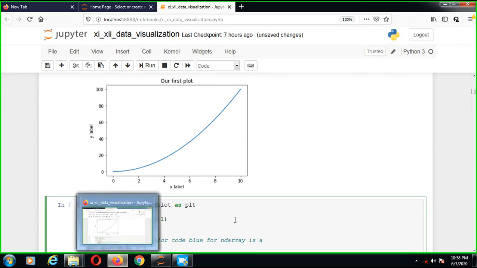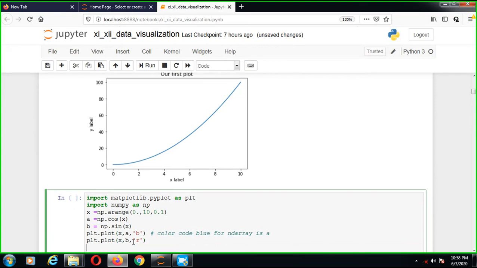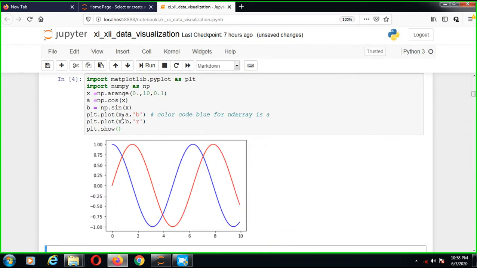So this is the blue, and we just inverted comma quote, and now plt.show. Now let's see the output. Okay, you can see this type of diagram in our data.